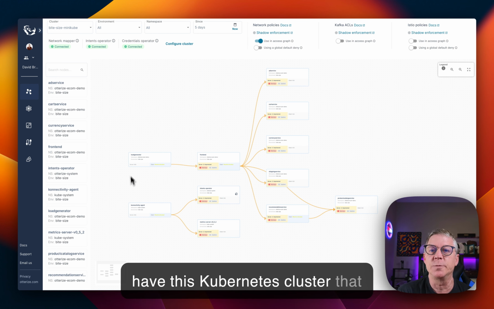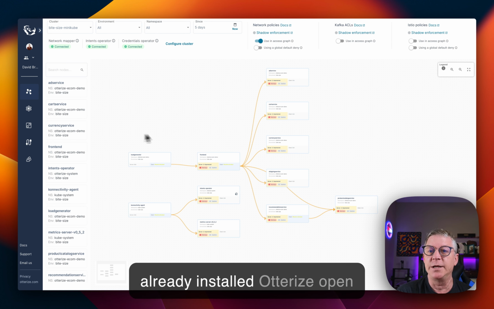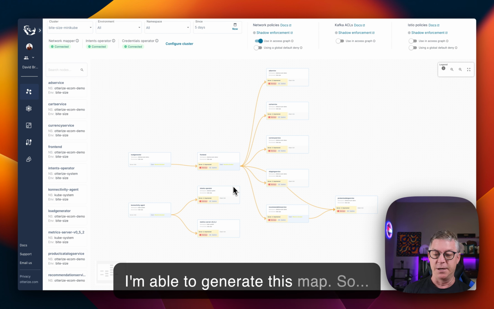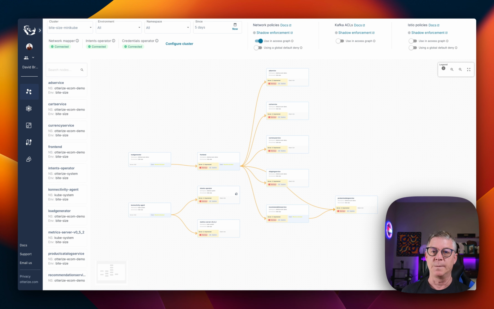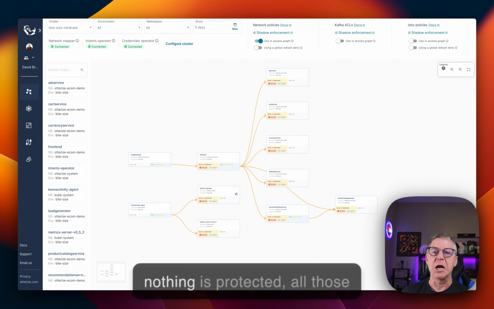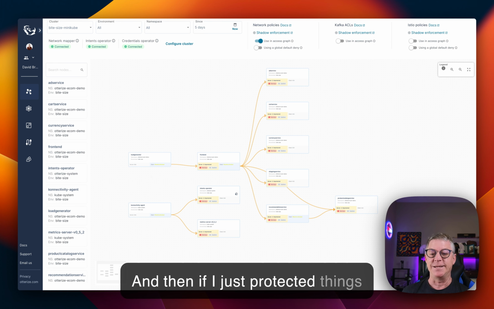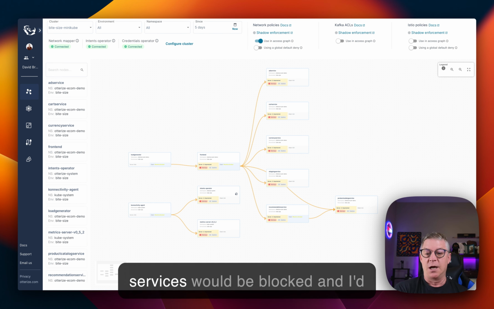I have this Kubernetes cluster that has a bunch of services in it. I have already installed Otterize open source on this cluster, which is how I'm able to generate this map. So right now it's showing that basically nothing is protected, all those yellow arrows and yellow boxes. And if I just protected things because of those yellow arrows, services would be blocked and I'd break my